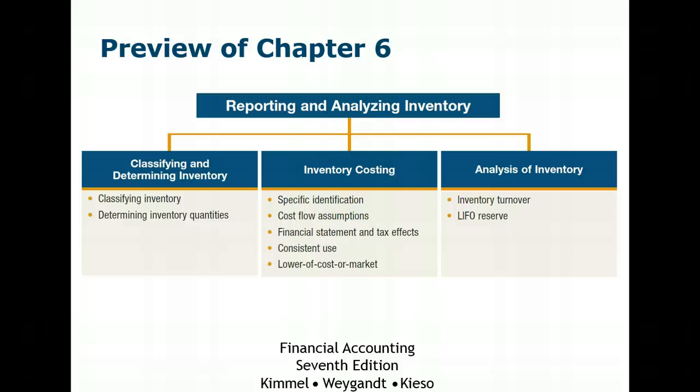When we sell a product, of course, we probably sell the oldest one, just to get that out. But for purposes of financial reporting, there are different methods we can use to account for inventory. Some of the terms you're going to get used to are FIFO, LIFO, and average cost. FIFO usually means the items that came in first are the items we show we sold first. First in, first out. LIFO, last in, first out. We're going to go through all these things,